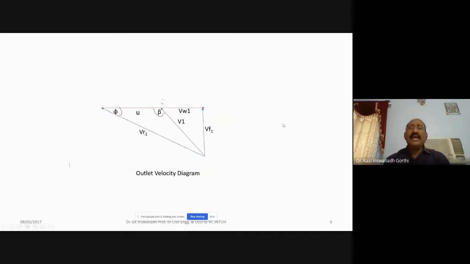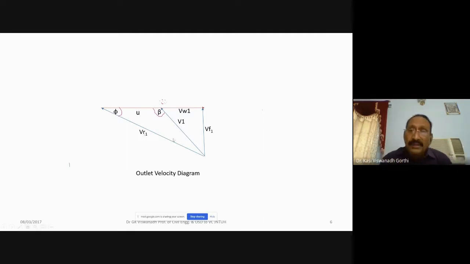In similar lines, at the outlet tip, the liquid jet leaves with a velocity Vr1. Why I say Vr1 is that this Vr1 is taking care of all the losses also. So this Vr1 may be less than Vr, represented both in magnitude and direction. Then if u is represented both in magnitude and direction in this same direction, the line joining these 2 points gives you the absolute velocity v1. This absolute velocity v1 once again has two components, one along the direction of motion of the vane and the other normal to the direction of motion of the vane.